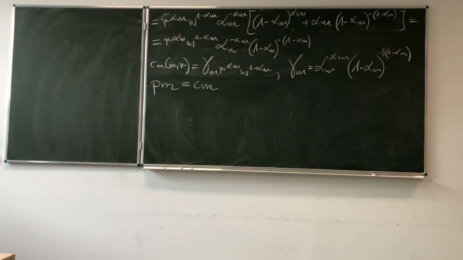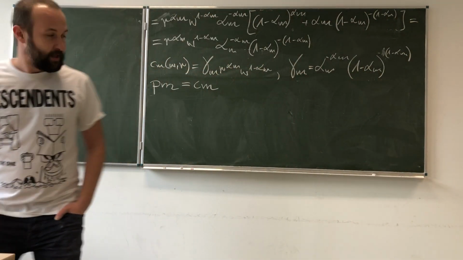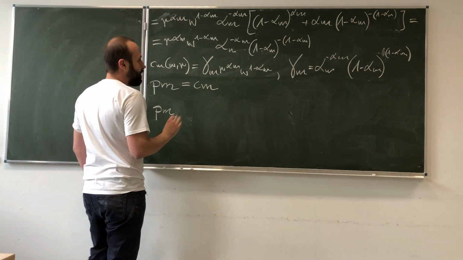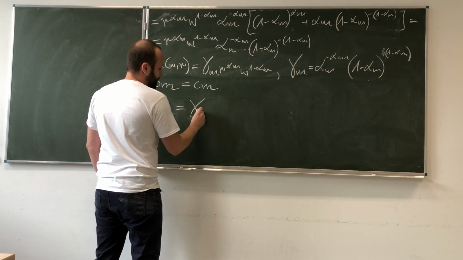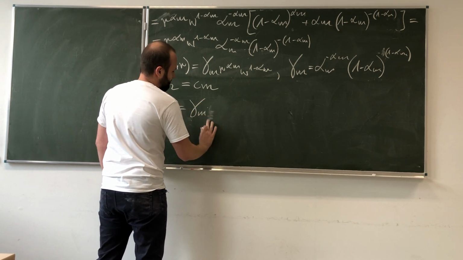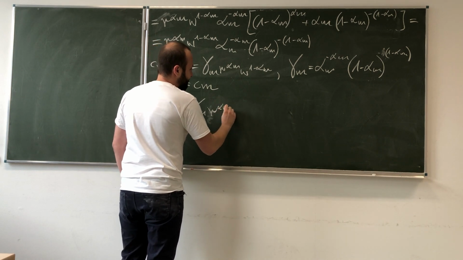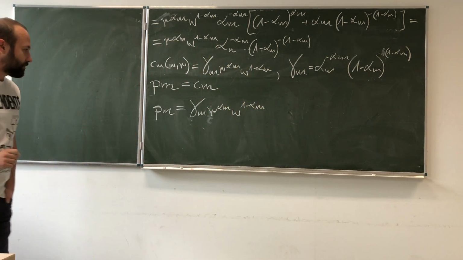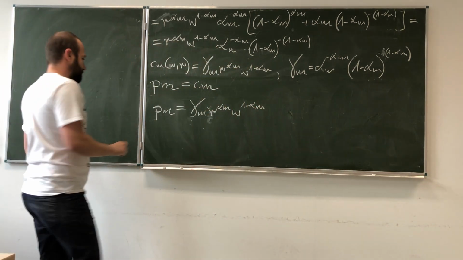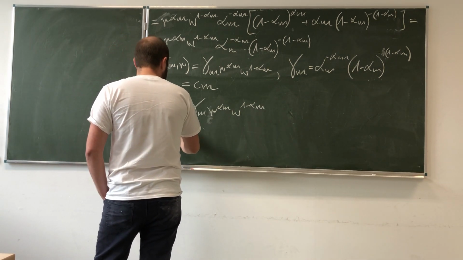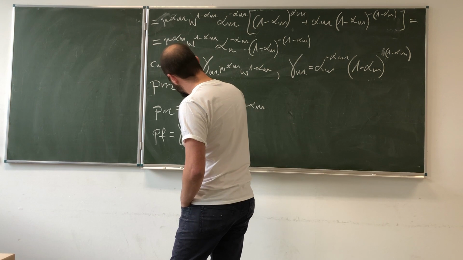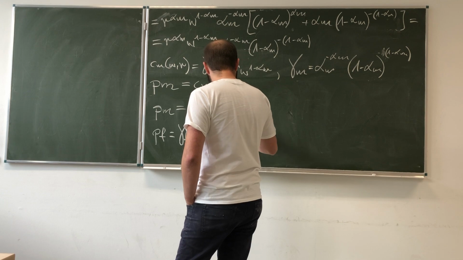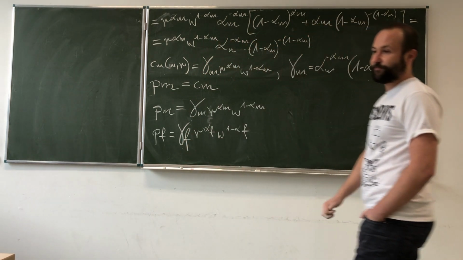And this is actually what we needed, because now I can write that the price of manufacturers in our economy is given by gamma m times rent to the power alpha m times wage to the power minus alpha m. And consequently, I've also derived the price of food, because it will be equal to gamma f times r alpha f w 1 minus alpha f.